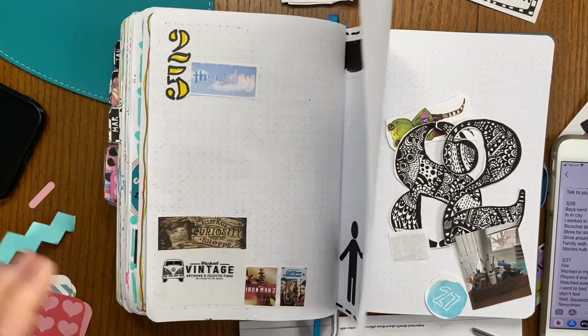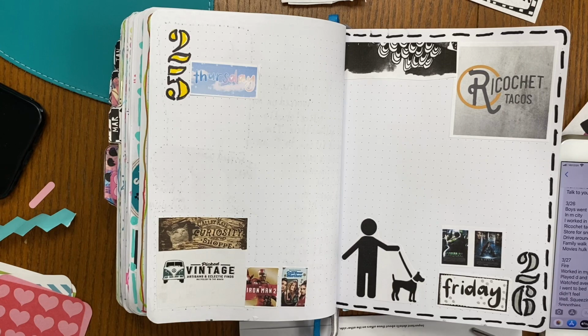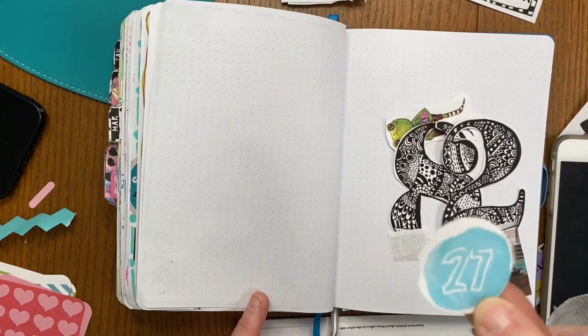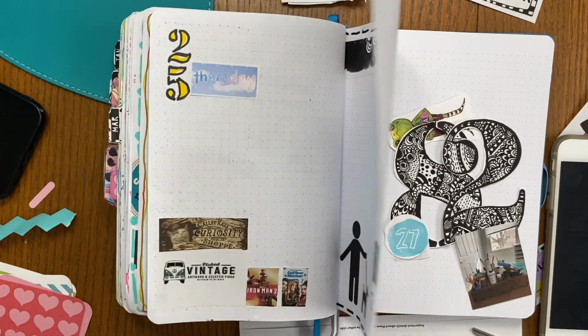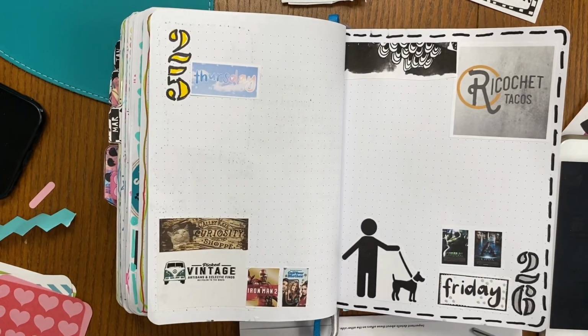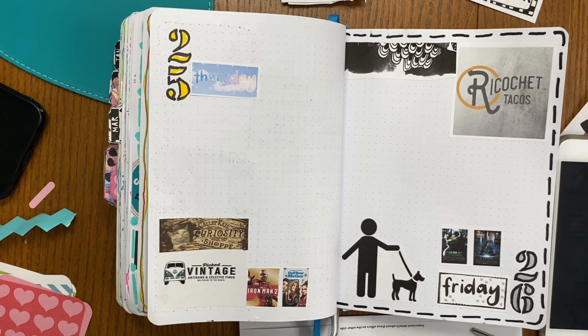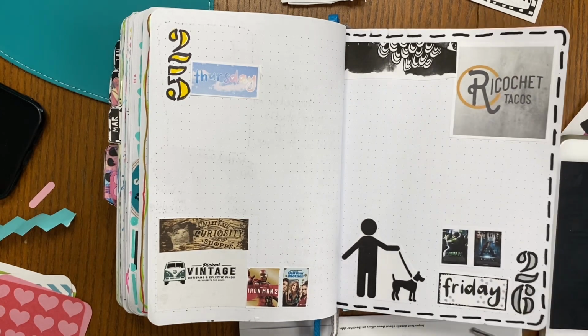Anyways, I wanted to put some watercolor behind this tiny little 27. This is from Loveland's Life. It's adorable. I love it, but it's small. And I want my numbers to stick out on the page because when I flip through, if the number's not big or really bright, like this is silver,